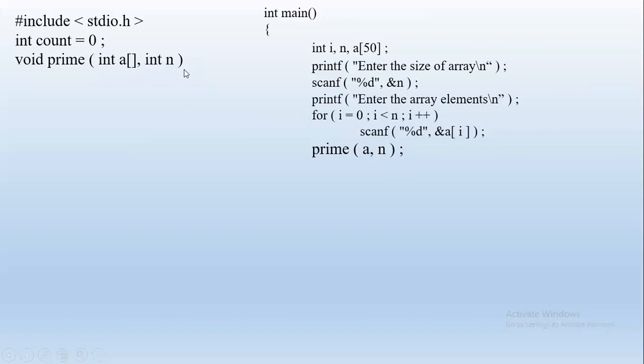Once this is checked, the compiler sees that it matches, otherwise it will throw an error. Since it matches, it will continue with the function definition. It is void, which means the compiler understands that there is no return value. We will be printing that here itself. So let us see how to execute this.